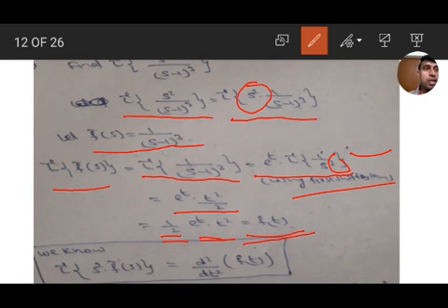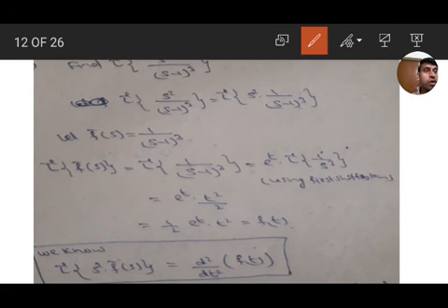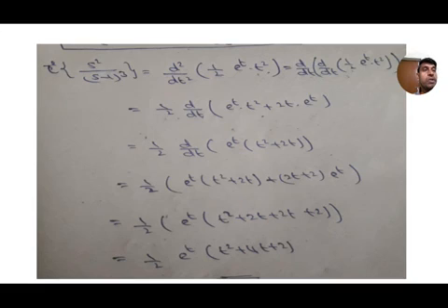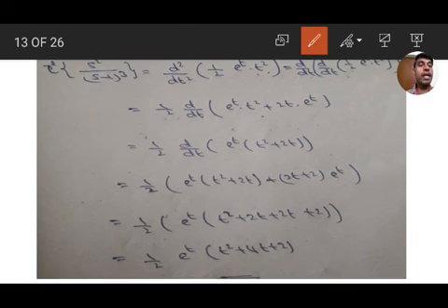Okay, that is f of t, e to the power of t into t. And we know the formula: L inverse of s square into f bar s equals d square by dt square of f of t. That means we have to take the derivative of the function 2 times, successive derivatives. So, L inverse of s square by (s minus 1) whole cube equals d square by dt square of 1 by 2 e to the power of t into t square.